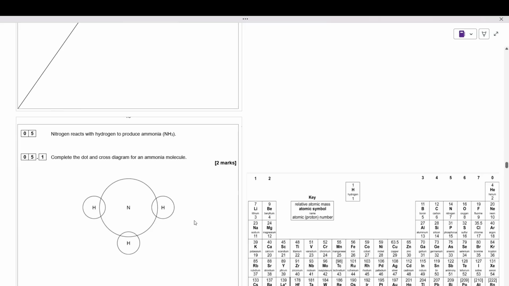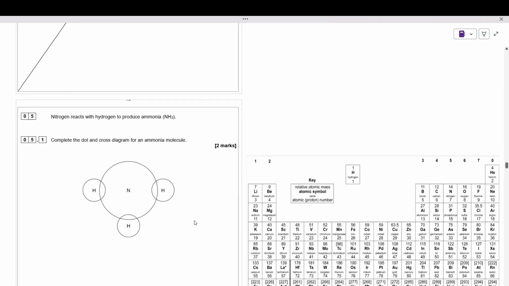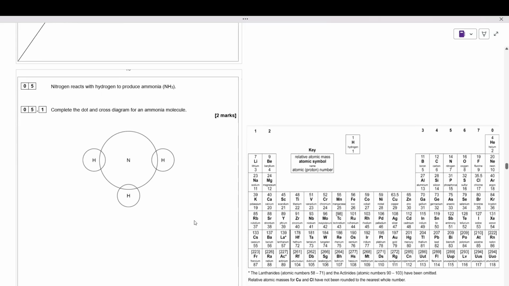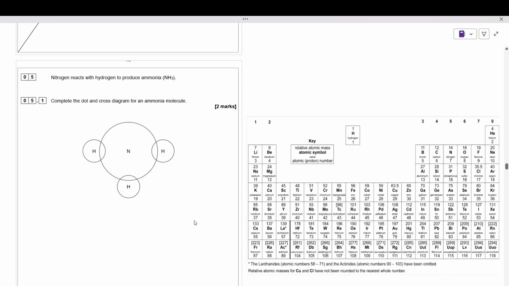Number 5, we have nitrogen reacts with hydrogen to produce ammonia. And we're going to complete the dot and cross diagram for the ammonia molecule that is produced when we have that reaction taking place. Now, first, let's look at where our hydrogen and nitrogen are. So we have nitrogen is over here